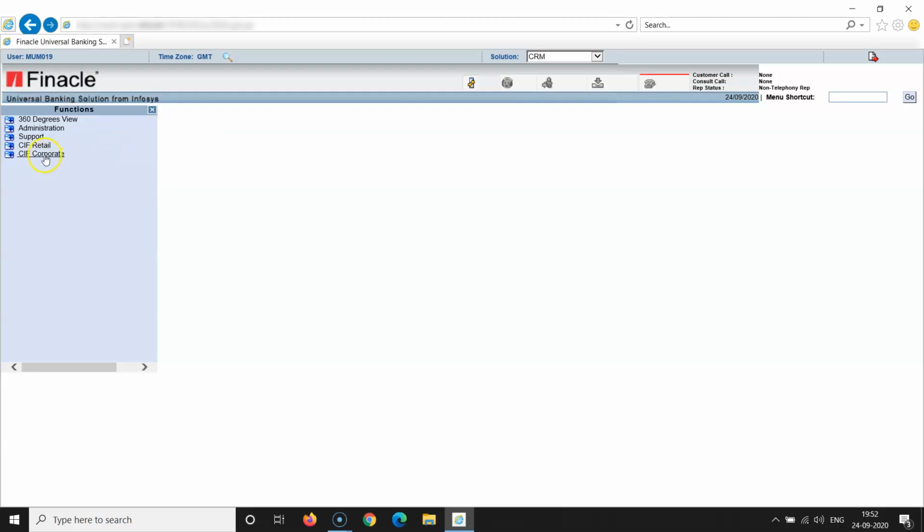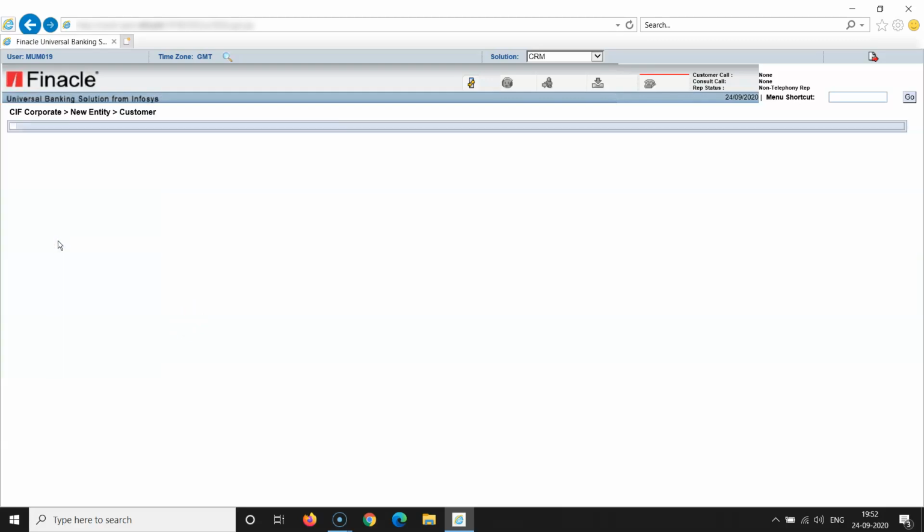KIF corporate, I'll click on this. Then new entity. Entity is like a tray here. New entity, then corporate customer here. QD is quick data entry, wherein we fill in very few but very vital and essential information just to create an account opening and KIF ID immediately for any exigencies or emergencies. Generally we go with the customer here.